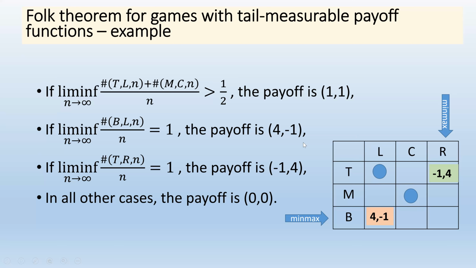0-0 is also easy to obtain. If both players min-max each other forever, nobody has a profitable deviation, you get 0-0. So we can get 1-1, and we can get 0-0. This much we know for now.